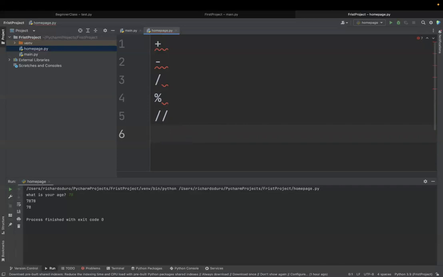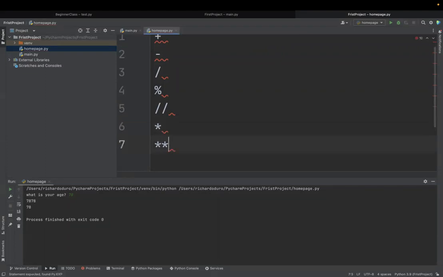Then we have multiplication. Then we have exponent. So this is exponent, this is multiplication. With the exponent, if I do 2 exponent 3, Python knows that it means 2 times 2 times 2, which is 8. Okay,